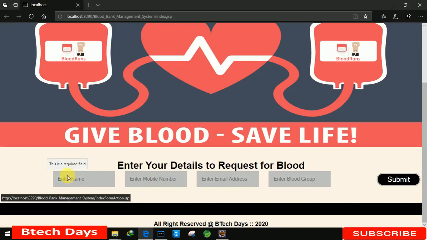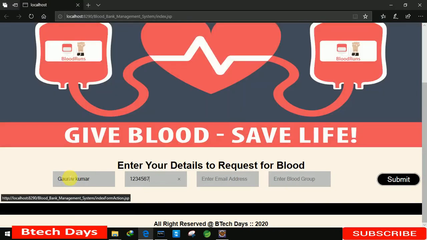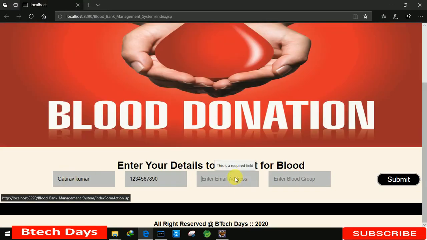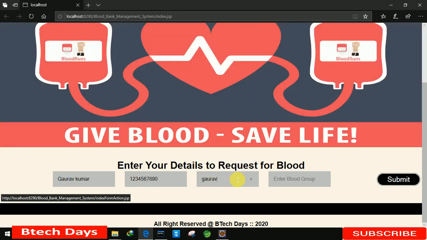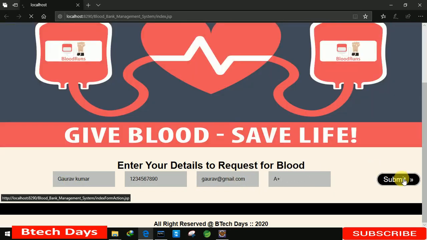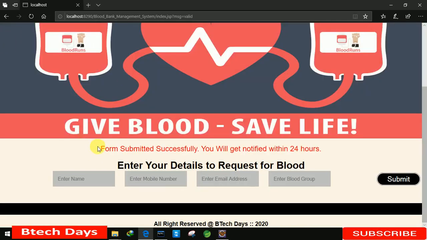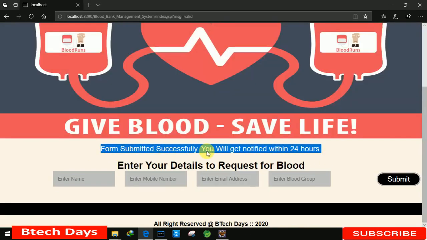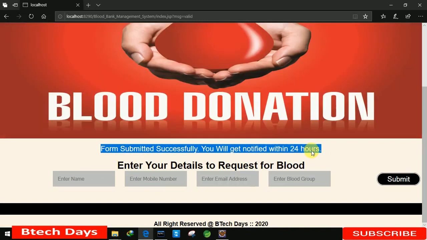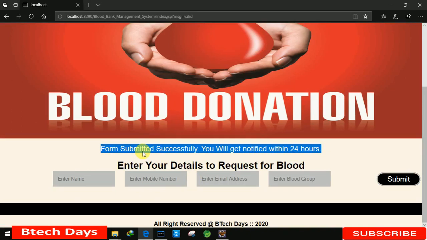Now let me enter the data: Gaurav Kumar, then the mobile number, then the email address gaurav@gmail.com. After that we enter the blood group and click on submit. You can see the page refreshed, and a message: form submitted successfully, you will get notified within 24 hours. This is a confirmation for the user who submitted the form.